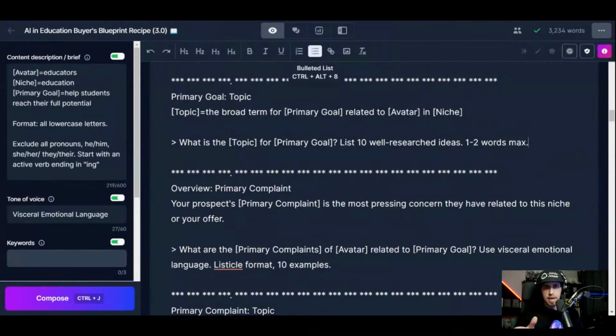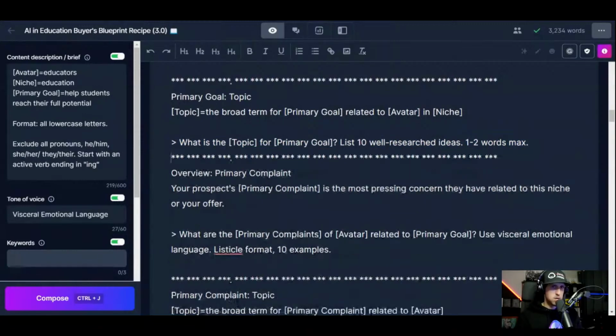But if you guys see a really bad output, don't just delete it. Go and do a thumbs down because it was a bad output, and then Jasper will refund you those credits. So good question, CS. Just something to be aware of. I don't think Jasper is going to refund credits if you do something and delete it. So might be a bad habit I'm in. But let me go back again and